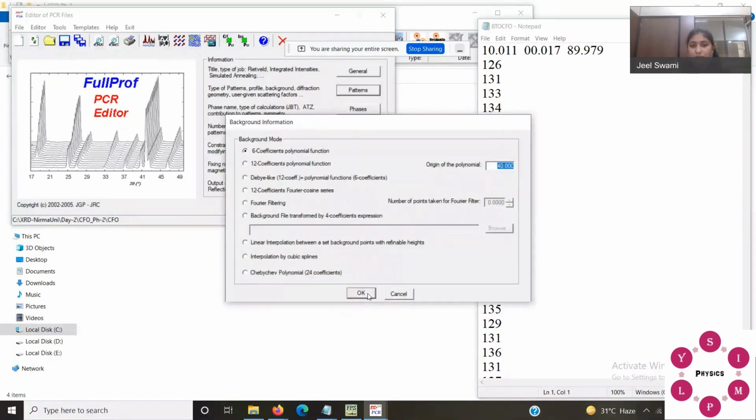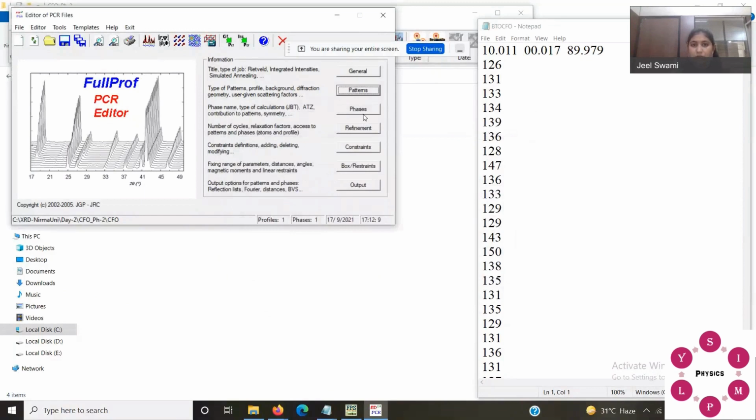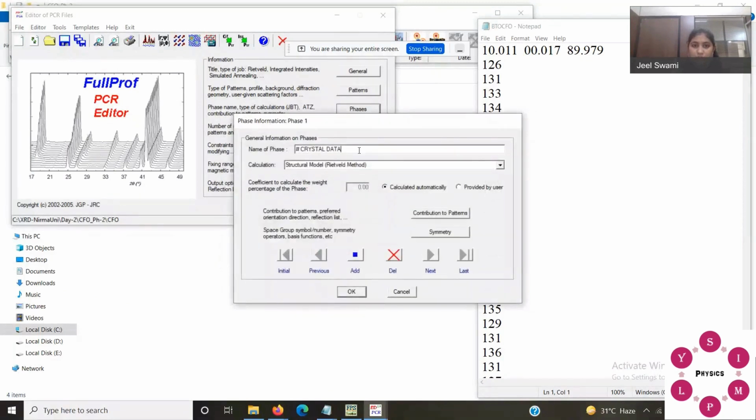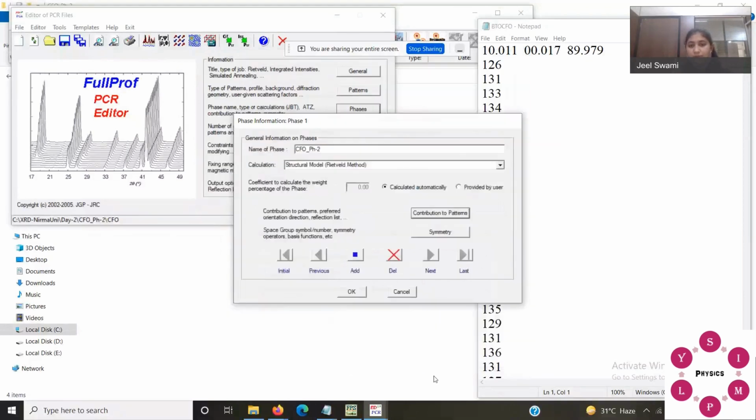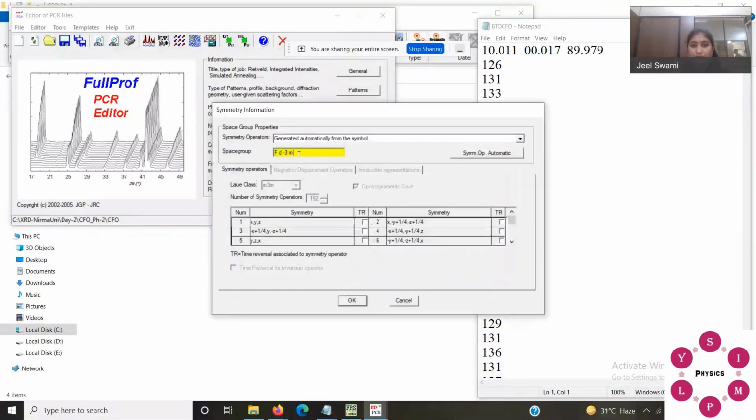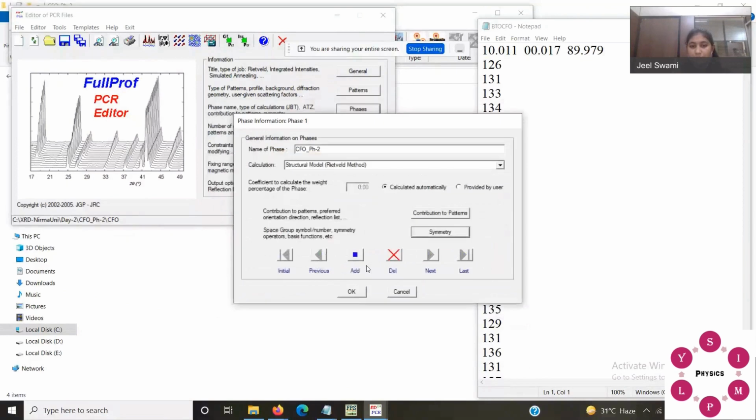Background type 6 coefficient. Phases, write your phase name, CFO phase 2. Contribution X-ray, pseudo-Voigt. Symmetry, it takes FD minus 3m automatically.